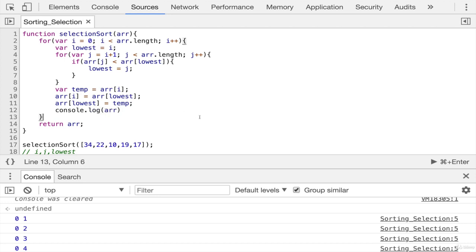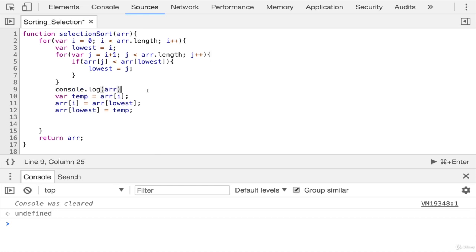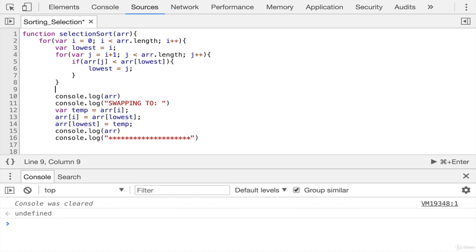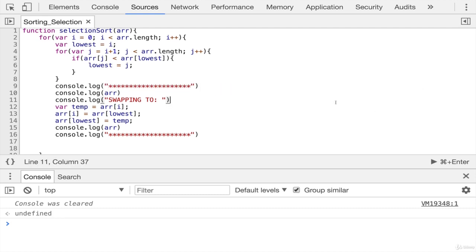array, just like that. And actually, rather than just doing this, what if we print, so I'm going to do a console.log array, and then this is going to be kind of annoying, console.log swapping 2, and then console.log the array afterwards. Okay, and then to make it easier to see what's happening each time, this is a lot of work just to show you what's happening. And you probably already know what's happening, but I'm just going to put these dividers in there so we can see. Okay, so now if we run this,